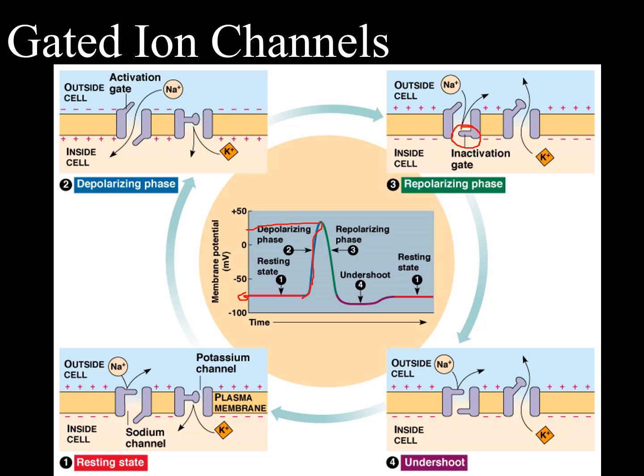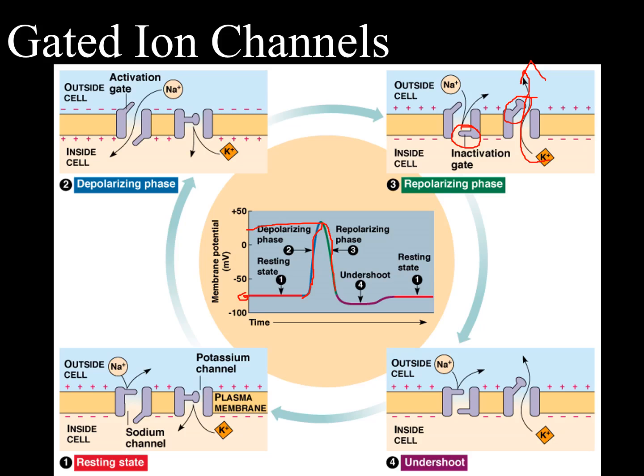And the gate on the potassium channel opens, which allows potassium ions to follow their concentration gradient and diffuse out of the cell. So those two things basically happen at the same time, and when they happen, we stop the flow of positive ions into the neuron and allow the flow of positive ions out of the neuron. And so we start taking away those positive charges, and of course that pulls the membrane potential back down